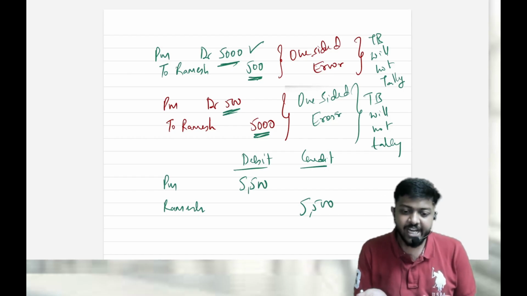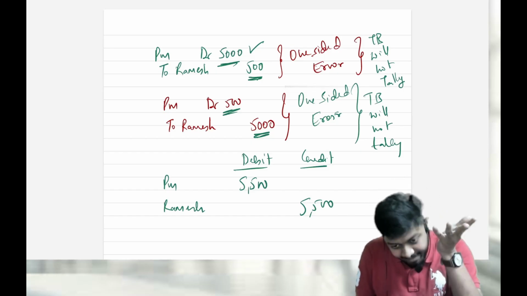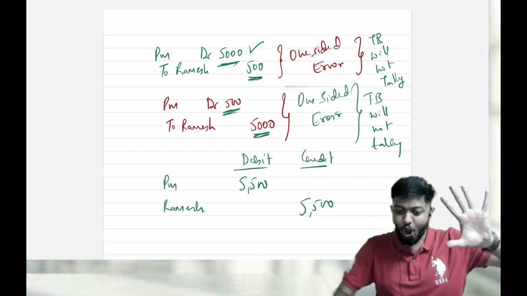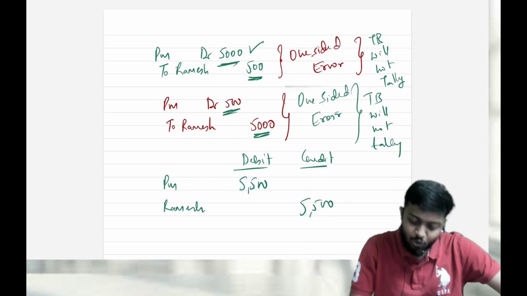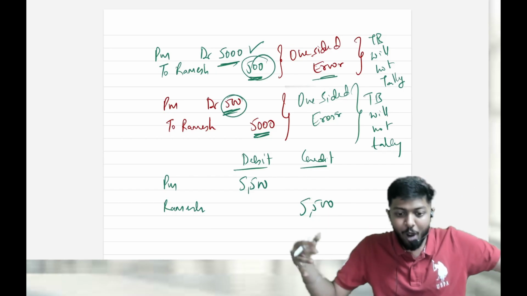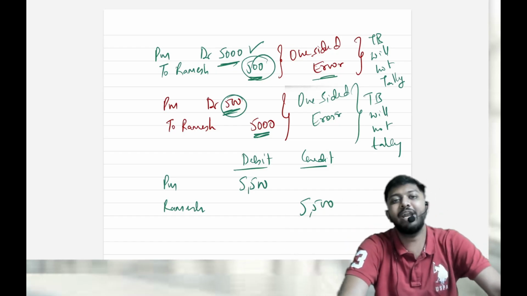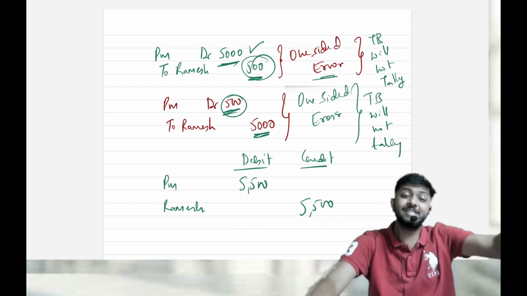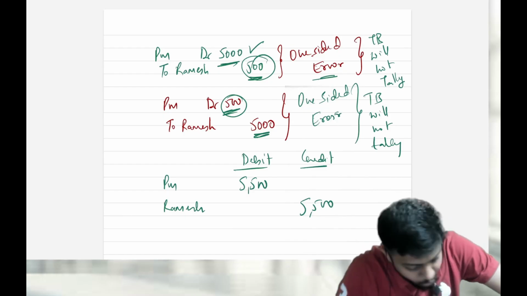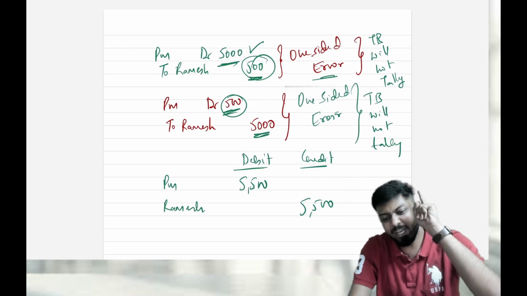We discussed one-sided errors, and the trial balance should not have tallied. Correct your thinking. But what happened? One error compensated another error. One side had an error here, and the other side had an error there. Because the error compensated, in the trial balance the error is not being revealed. One one-sided error compensated another one-sided error, because of which the TB is still tallying. These are called compensating errors. So compensating errors are basically those where the trial balance will be tallying.